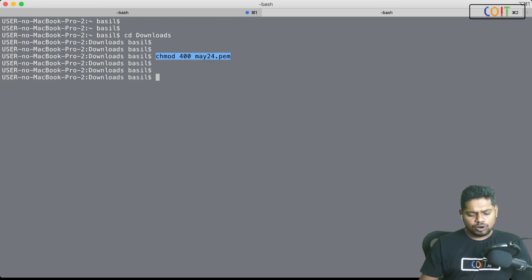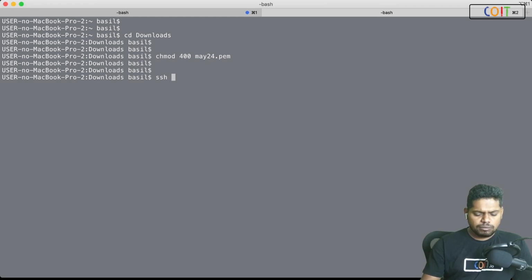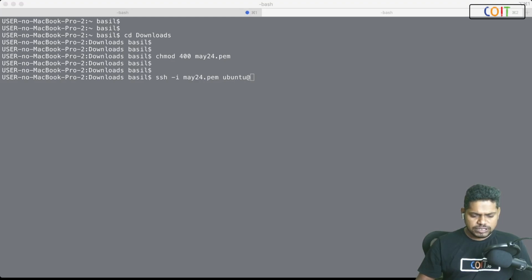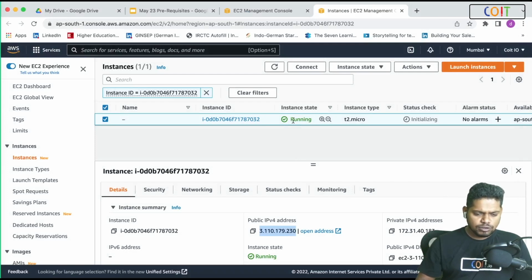Log in from my laptop to the remote AWS machine, and I'm going to use a command called SSH to do that. SSH space minus i space, then whatever key file that you want to use in order to log into the machine. And then you have to specify the username on the remote machine at the rate IP address of the remote machine. And you can find the IP address from the portal on the AWS. Once you select the machine over here by checking this box, then down here you can find the public IPv4 address. There is a public IPv4 and there is a private IPv4. Make sure that you use the public IPv4,